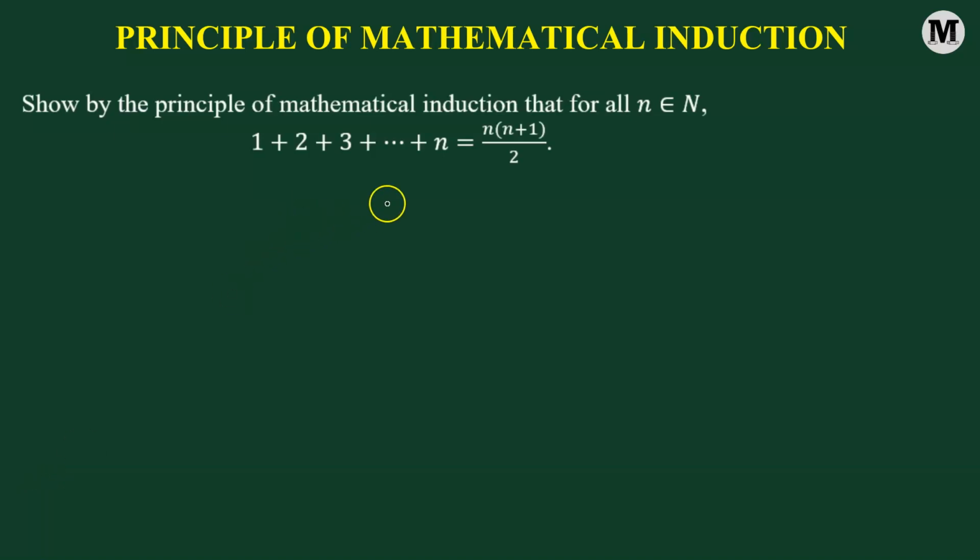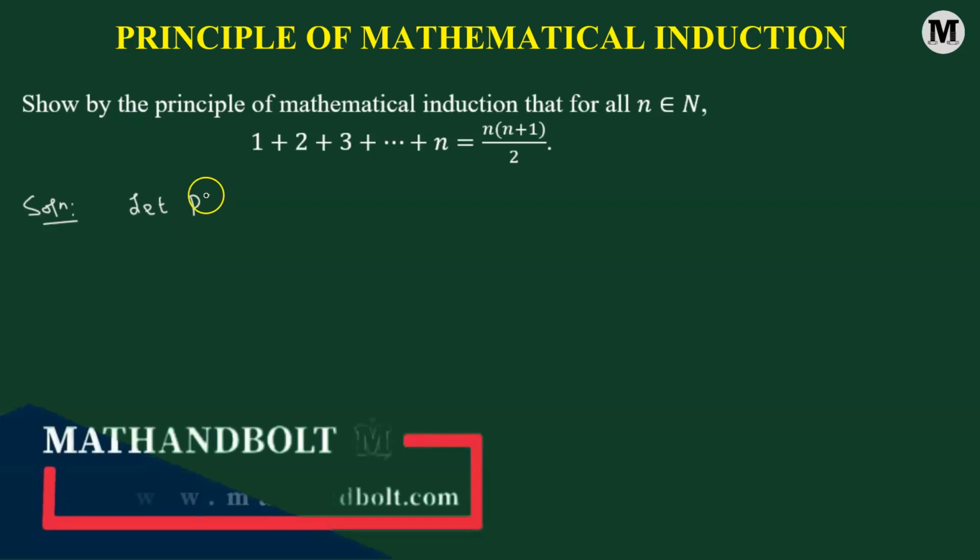Show by the principle of mathematical induction that for all n belonging to the set of natural numbers, the following is true. Okay, let us begin. So here we are going to first consider a statement P(n). So let P(n) be the statement which is given by